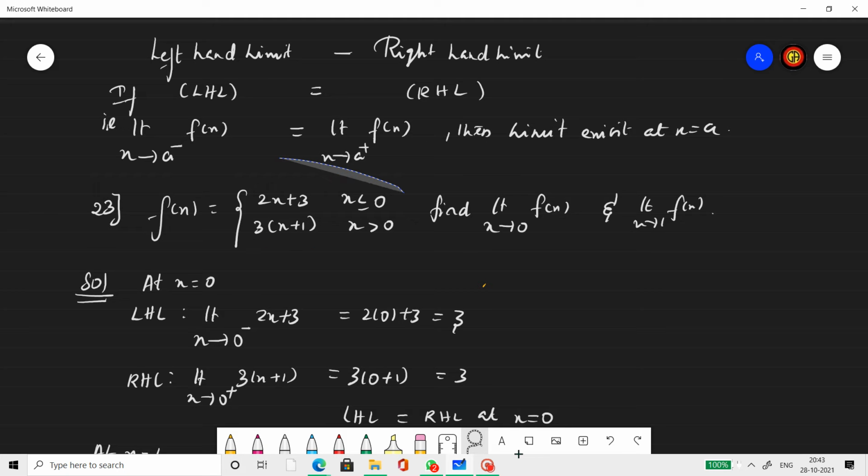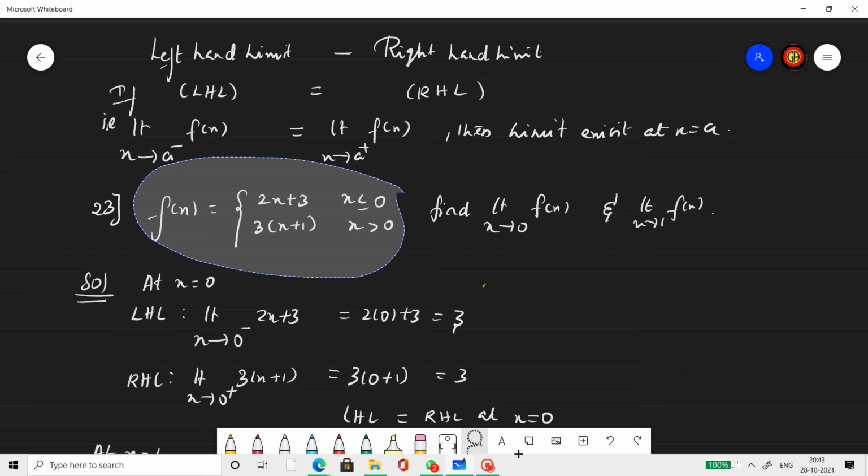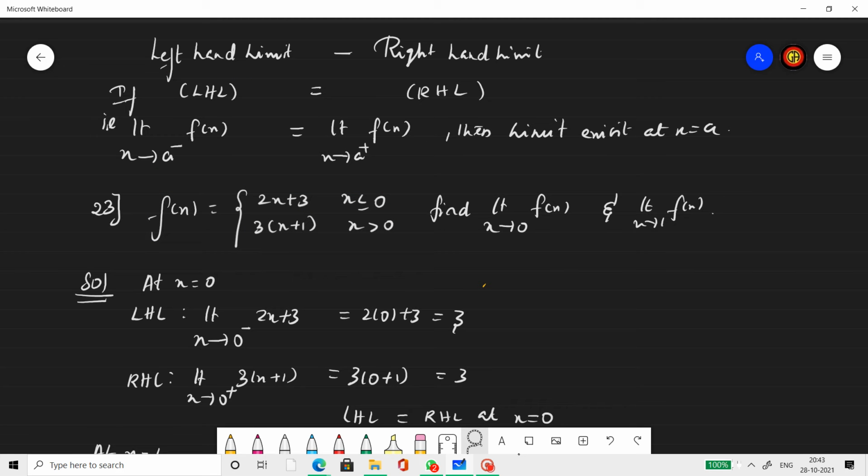So when you get questions formed in this form, then we try doing the LHL-RHL method. Otherwise, never bother to do this method. So when a question is formed in such a way that below a certain point there is a y and above a certain point there is another y, that is where we use LHL-RHL. So this is a new set of functions formed by combining two functions on a strictly restricted domain.